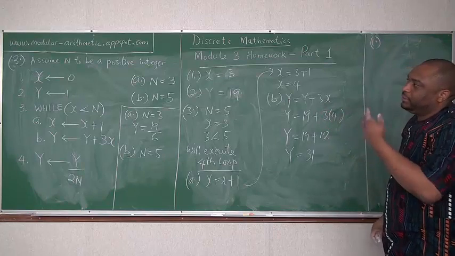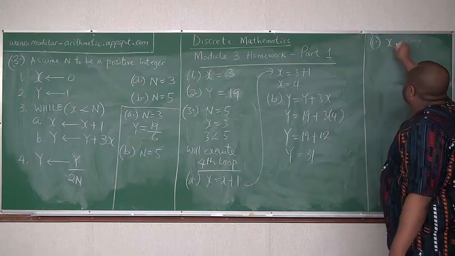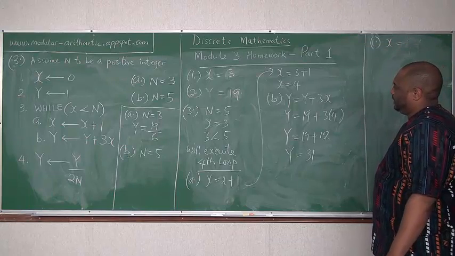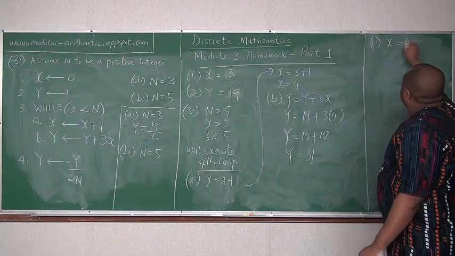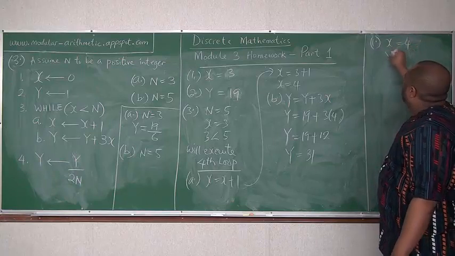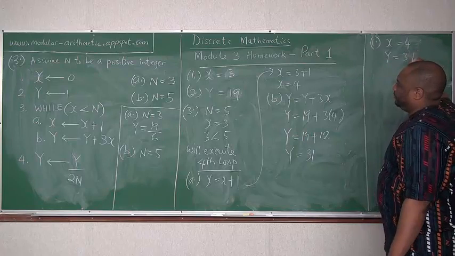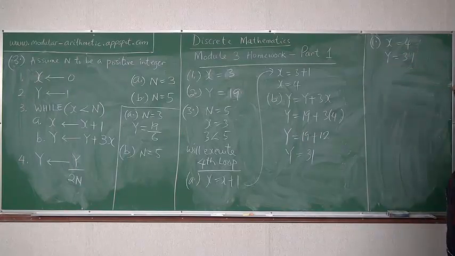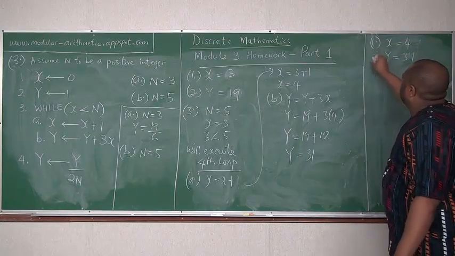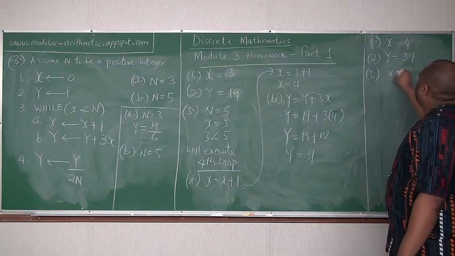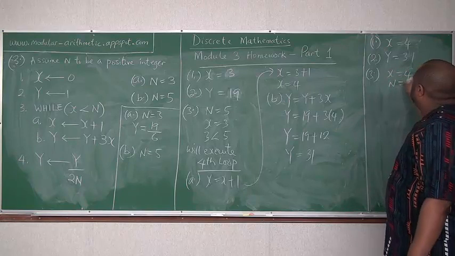We start again from the first command. X in this case is 4, and the new y is 31. That's number 2. And number 3, while x is less than n, x is 4, n is 5,